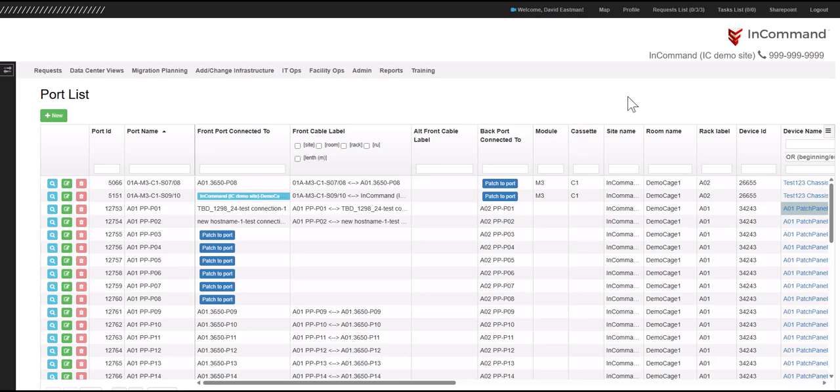After that comes site name, room name, and rack label. So each port is located in a particular site, room, and rack. That information is stored in these fields. Scanning to the right,